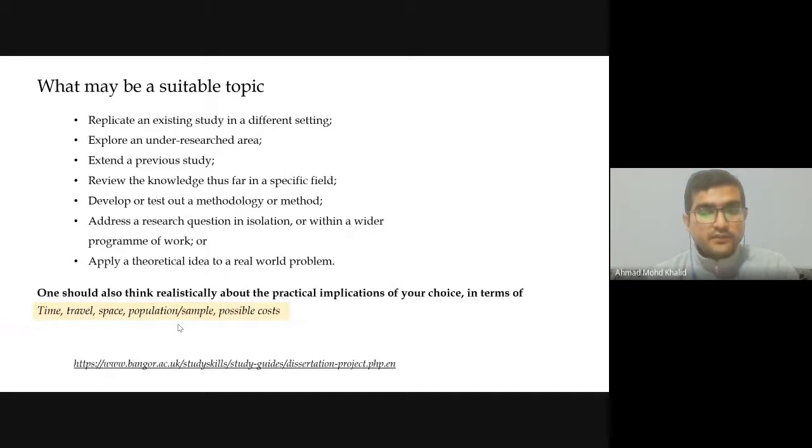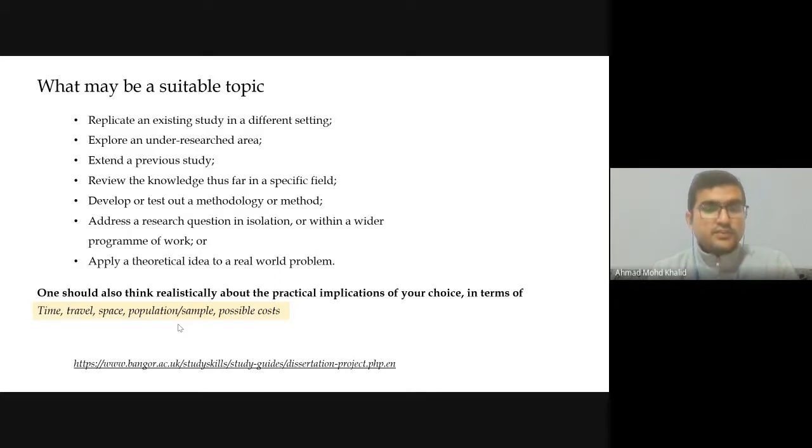For example, if you're going for a survey, say you want to look at industries located in the NCR region, so you want to meet the industry or firm officials, and you said that I will do 50 companies in the NCR region. But when you started your work, say the pandemic happened, or there was a strike, and the firms were not approachable, so you were hardly able to do say 10 or 15. You had targeted 50. That might be one of the issues.